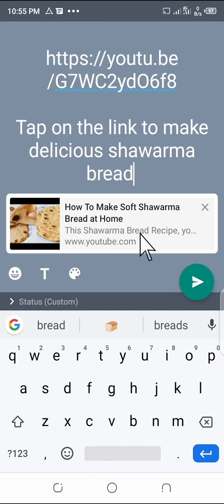So this is a call to action to encourage click-through rates, okay?